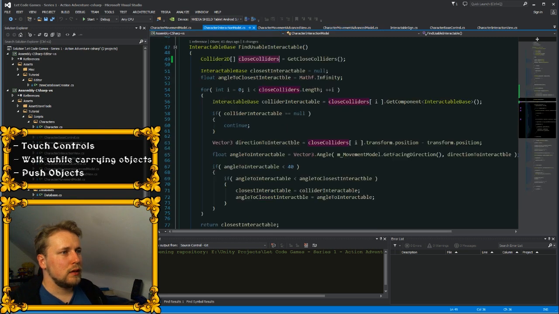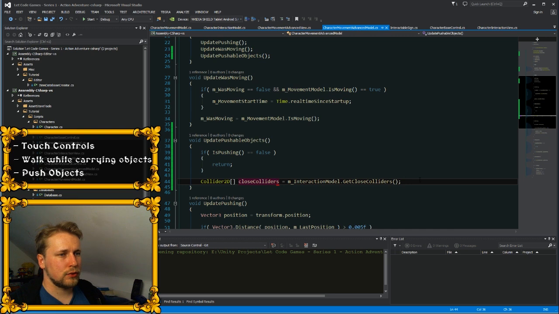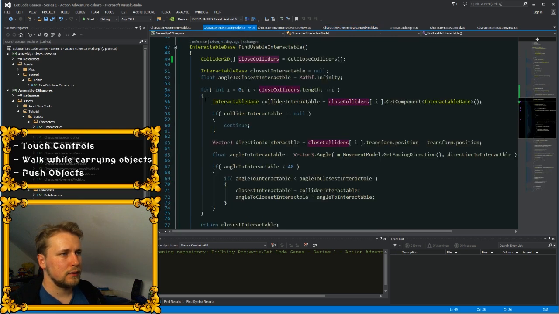And then we go over each of those close colliders and see